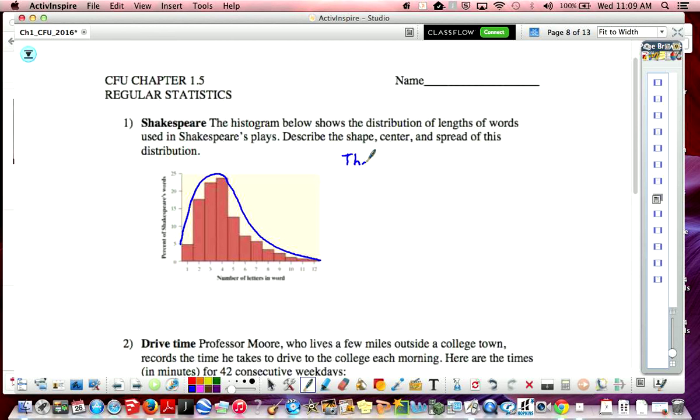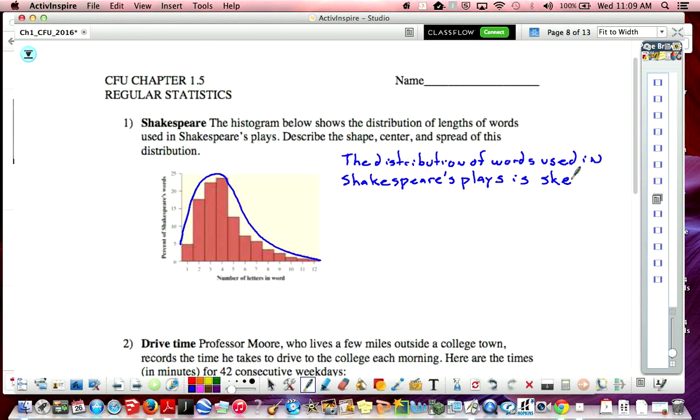So the distribution of words used in Shakespeare's plays is, well, if we look here, skewed to the right with a center around